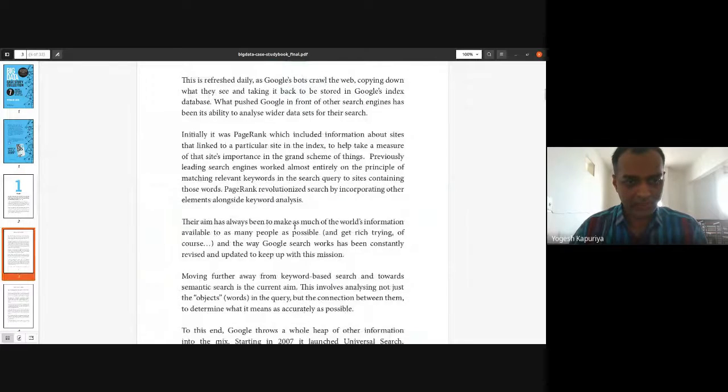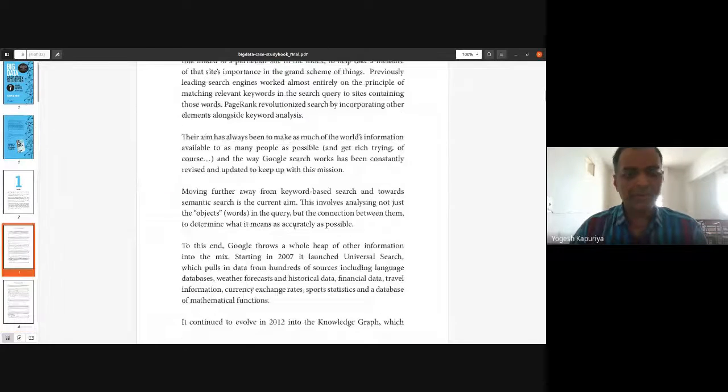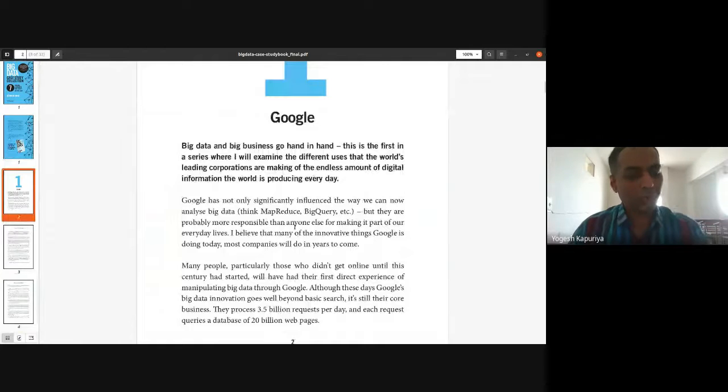Let us quickly go through this entire article. I'm not going to read everything, but this is just a glimpse of what can be done using big data applications. There are some products from Google where you can actually implement big data applications. So there is Bigtable in Google.